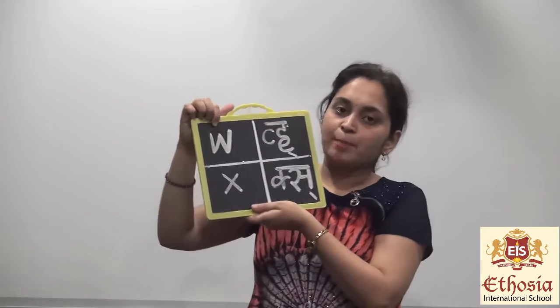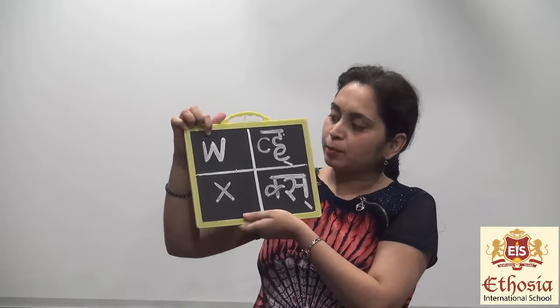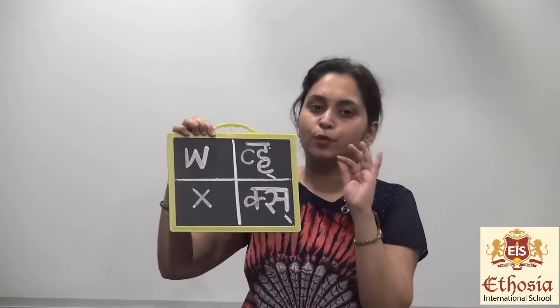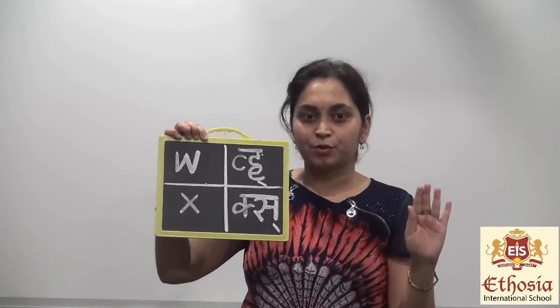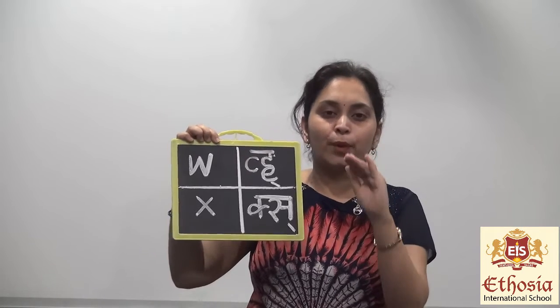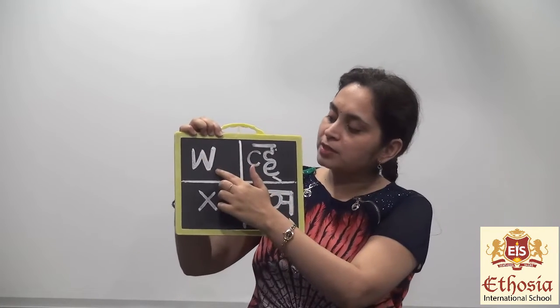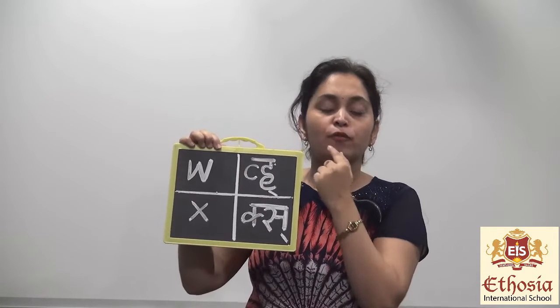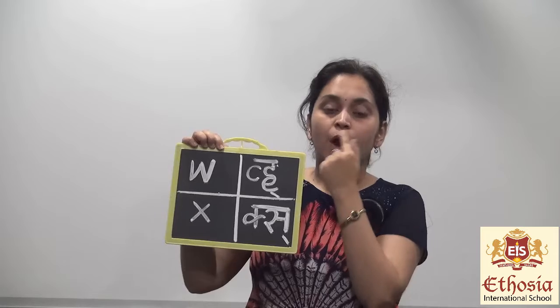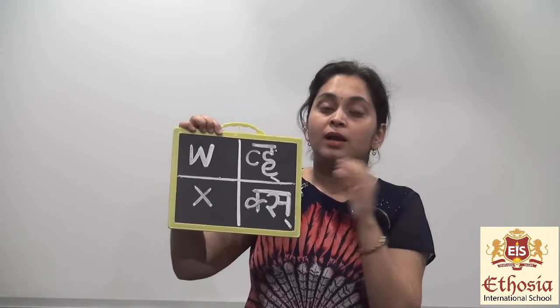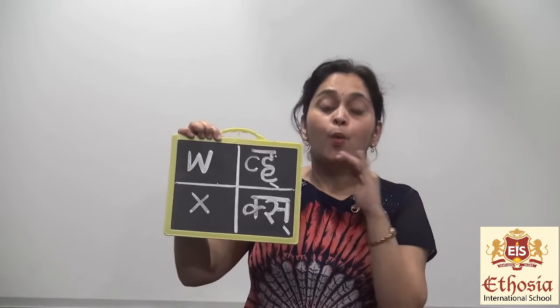So this is capital W. Make sure when you say this alphabet, you say it fluently, W. You will not say it like this, it will get wrong. You have to say it fluently. When you take out the sound of this alphabet, the shape of your lips will be round, completely round, and then the sound will come out like wah, like we say whale, watch.